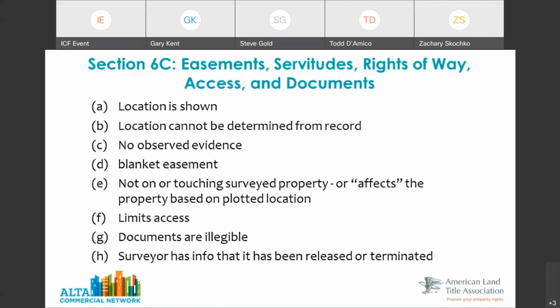So I could have an easement that plots on the property, but if it's not a valid easement from 1924 because all of the owners didn't sign it or for whatever reason, then technically it doesn't affect the property. But we know people are interested in that word, so we compromised and said we will talk about if it affects or does not affect the property, but we are using that word in the context of location, not validity of the document. So I just wanted to point that out.